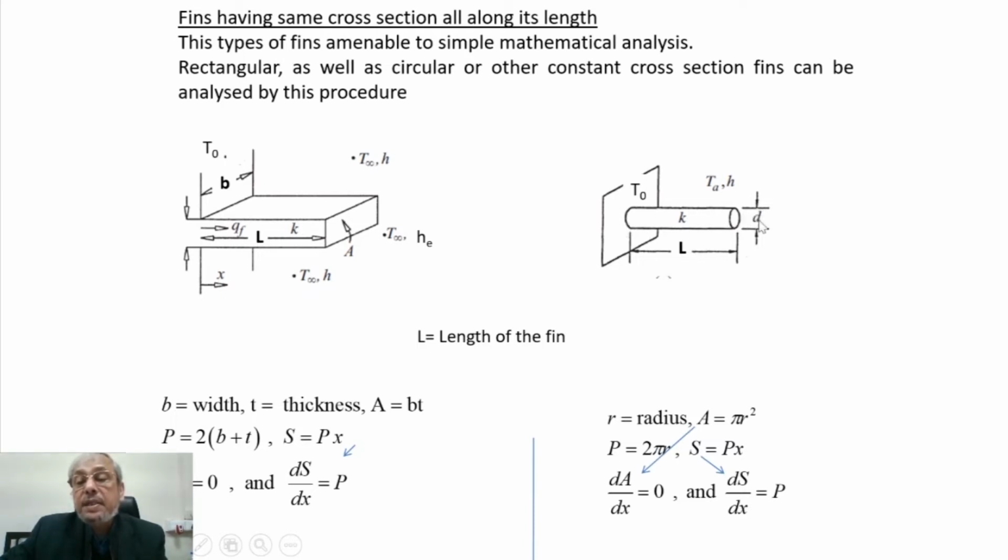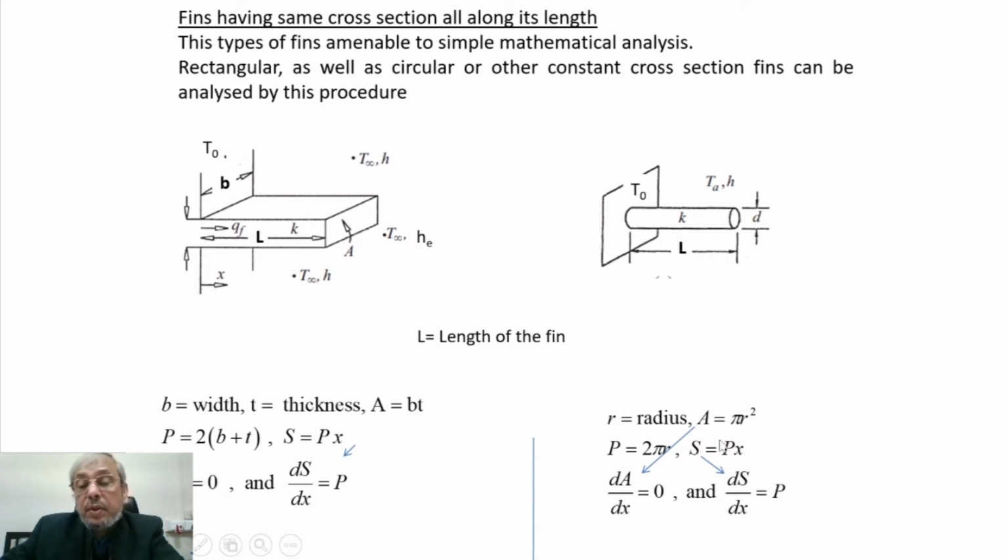And R is the radius, D is the diameter, and L is the length. So here B is the width, T is the thickness, cross-sectional area is BT, and perimeter is 2 into (B plus T). And the total surface area up to a given X is perimeter into X. And from here we get dS/dx equal to always the perimeter, and dA/dx, since A is constant,